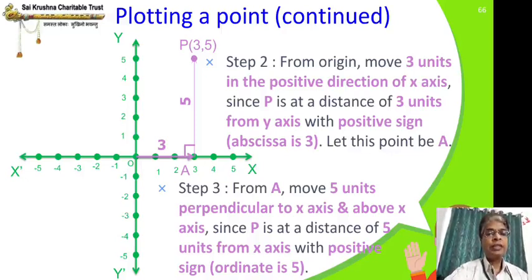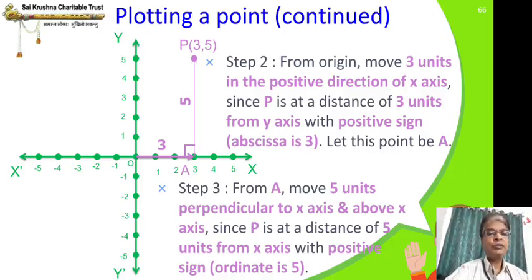So there are 3 steps essentially. One is a graph, the coordinate plane or Cartesian plane, which we have to draw. The second step is to take the abscissa value and move from the y-axis towards the positive or negative direction as per the value given. And from that point wherever we have ended, take the y coordinate, that is the ordinate, and move from the x-axis, perpendicular to the x-axis, so many units, in the positive or negative direction depending on whether the ordinate is positive or negative, and then that is the end of that question.